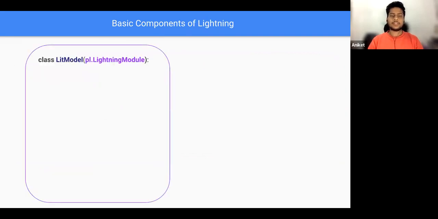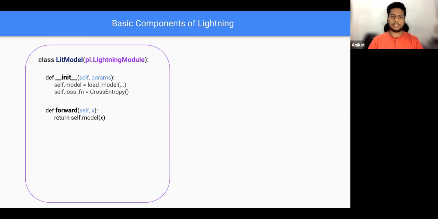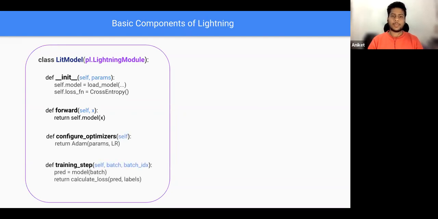So the basic components of Lightning: you create a class that inherits LightningModule. Then you define an init method, which will load your model, load a loss function, and anything that you need. Then you define the forward function, and after that you define configure optimizers, then training step.